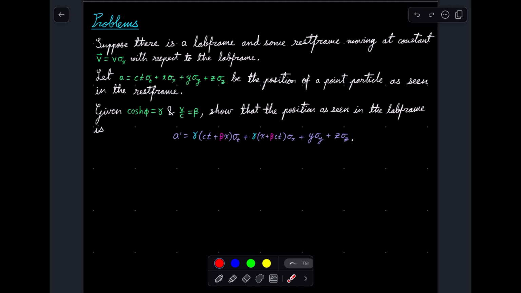So the first problem: suppose there is a lab frame and some rest frame moving at a constant velocity v, equal to the magnitude of v only in the x direction, with respect to the lab frame. Let a equal all of this be the position of a point particle as seen in the rest frame. Given that cosine of phi is equal to gamma and that v over c is equal to b, or beta, show that the position as seen in the lab frame is a prime, the inverse Lorentz transformation,